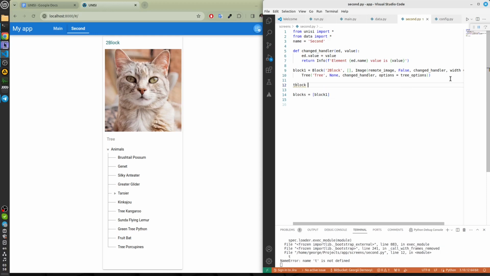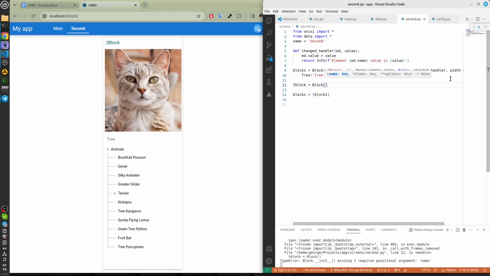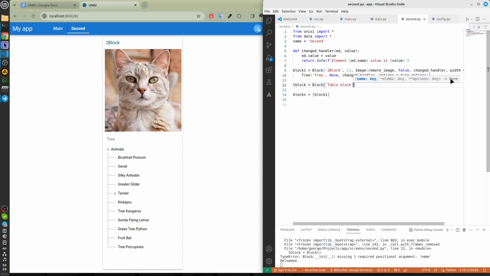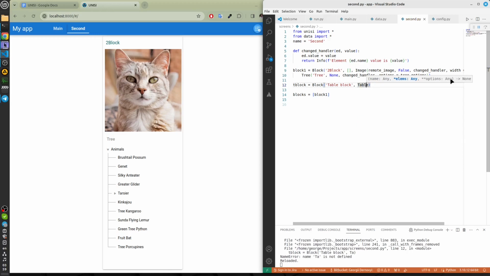Table block equals block. Define a table here. Insert a table here. Insert an empty array in the block. To put it under the name of the block, set the name